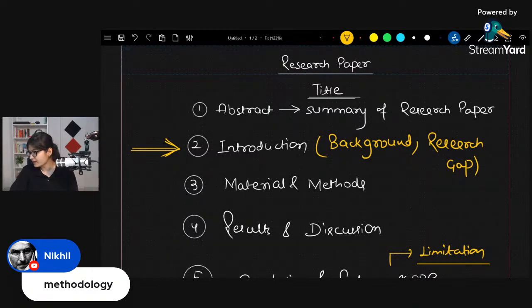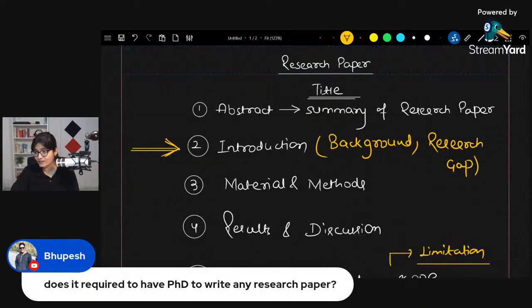Okay. So Bhupesh is asking, does it require a PhD to write any research paper? No, not at all. You can start writing your research paper in your bachelor's itself. I believe everyone in the bachelor's has their minor and major, right? आप लोगों के माइनर मेजर आ जाता है थर्ड फोर्थ ईयर में बैचलर्स जब आप करते हो. So at that point of time you have to create some sort of projects. तो उसी टाइम पे you can discuss with your guide, with your mentor, and then you can say that I want to publish one research paper, can you please help me out?